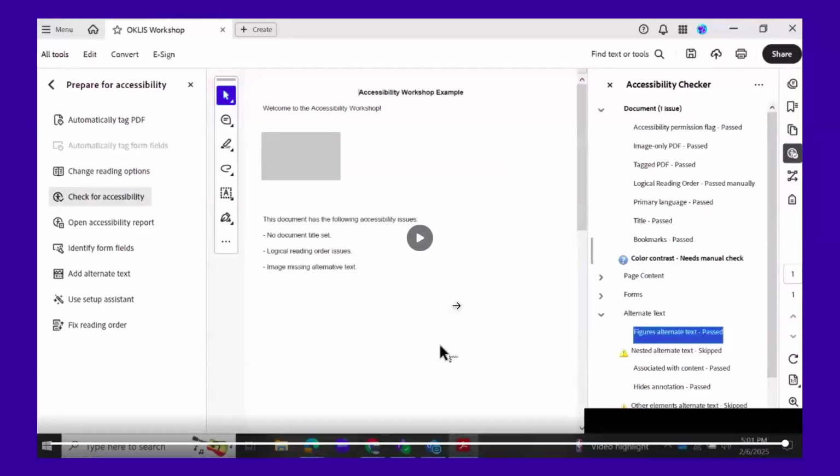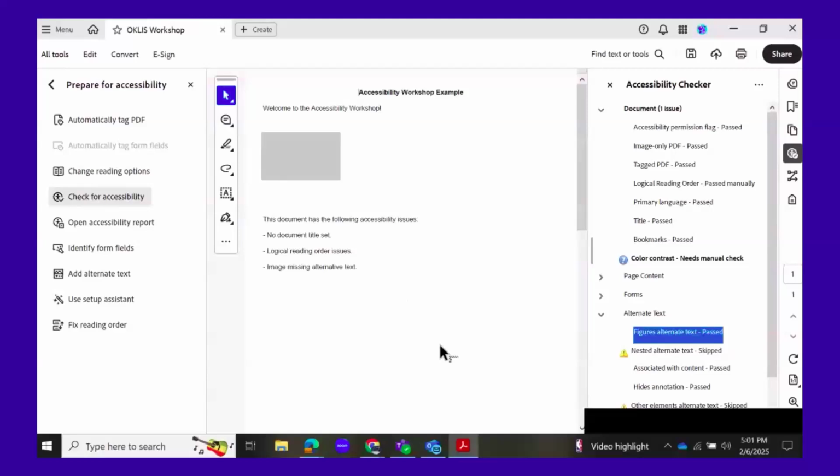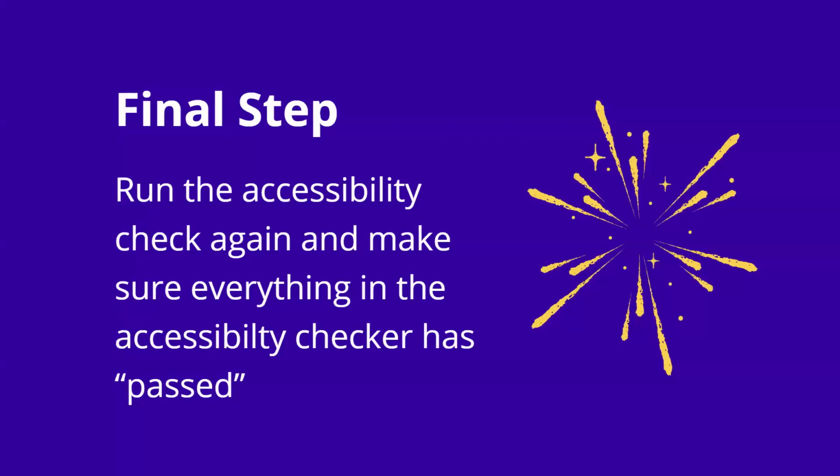We haven't addressed the color contrast in this, and this is another thing that needs a manual check, but in the previous presentations, it's talked about there are color contrast checkers that are available free on the net, so you could go there and test if it was a more complex PDF than we're working with. So the final step is just to run the accessibility check again and make sure everything in the accessibility checker has passed. And then that really is the final step,